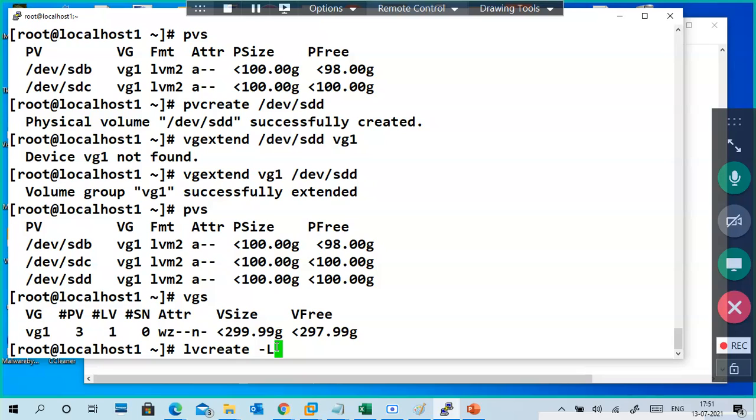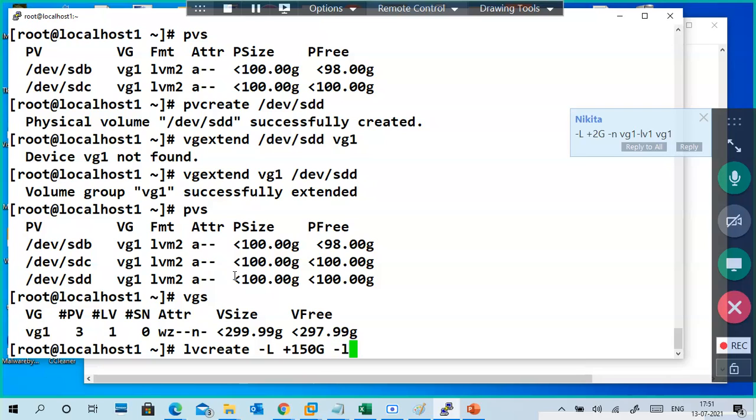How much space do you want to add? Plus 2G. But if you want to create 4G, then what happened? Create 150 GB. Don't create 2 GB, in place of that create 150 GB. We'll see what happens. Plus 150G. Space, hyphen small n.